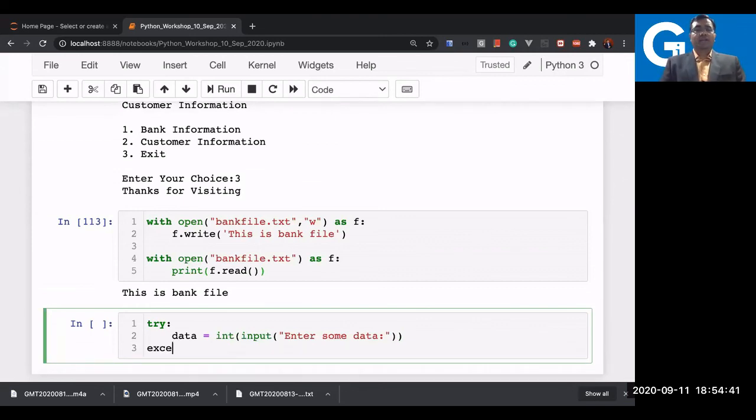Then you can handle the exception with an except block. You may use the superclass or give the exception name, like ValueError, and you can print your own message, like enter integer data only.